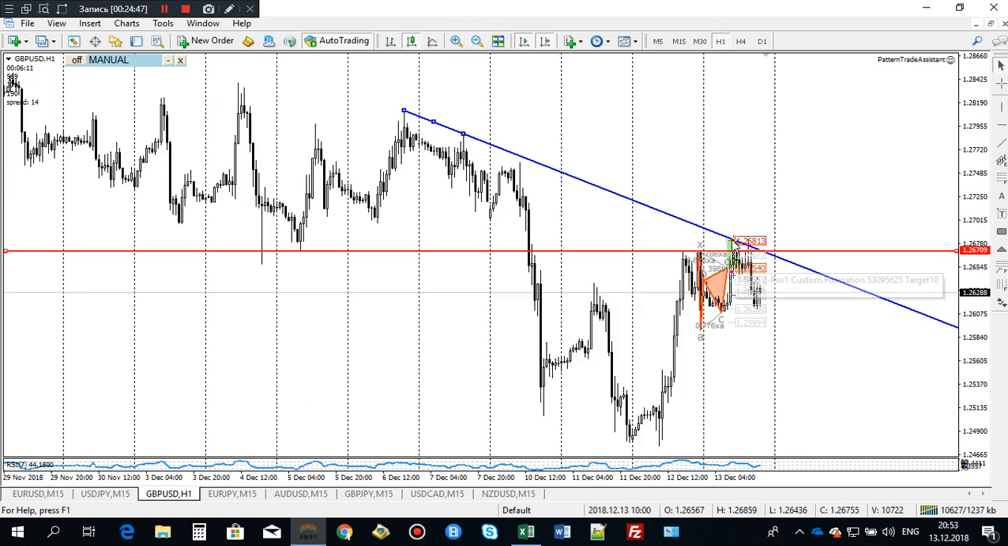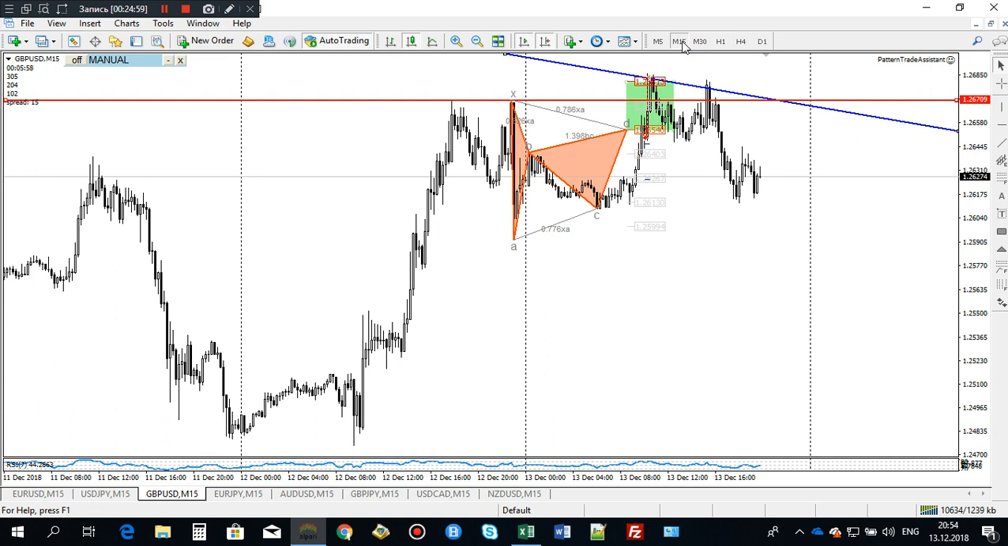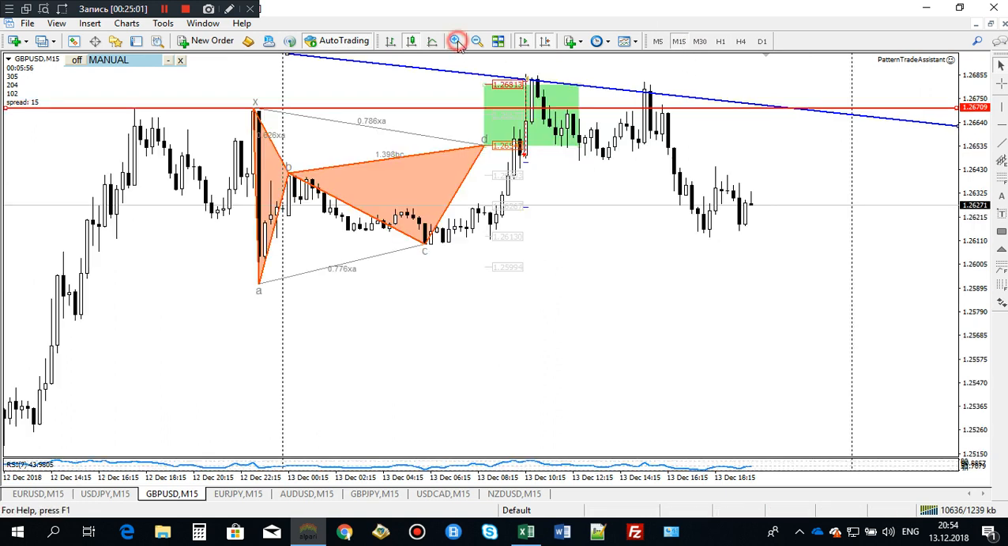Nothing happened. It just exceeded the exact level, hitting my stop loss. It just exceeded that. Nothing bad happened, but the overall idea still stays okay. The overall idea to sell pound dollar still stays okay. So what I did, I sold it once again, and